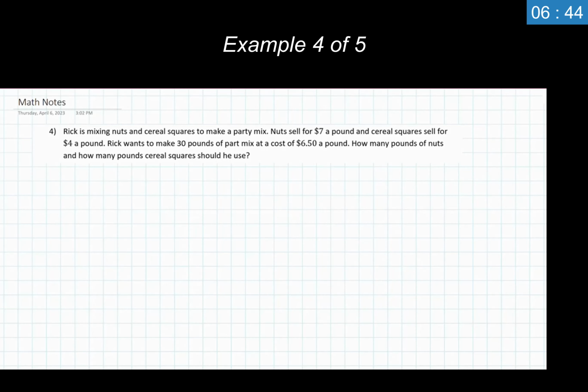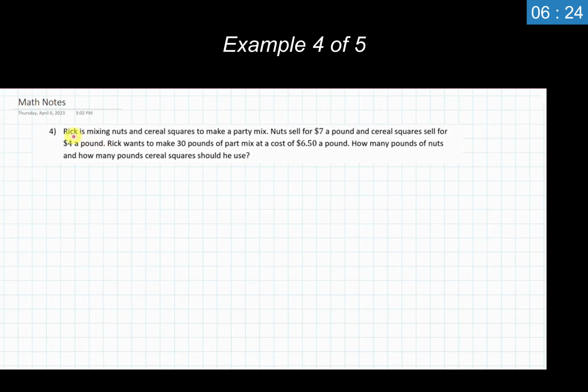Now our fourth example is going to have a slight twist to these setups and the equations that we're going to be creating out of them. 4 and 5 are both going to have this, so I want to make sure we see the subtle differences between these, and it's all in the wording and information that's been given to us in the problem.